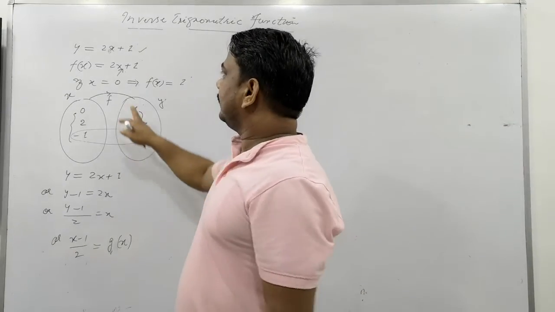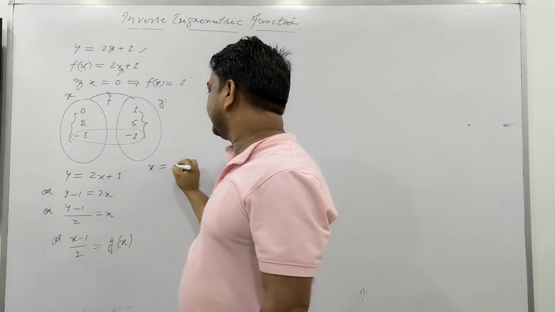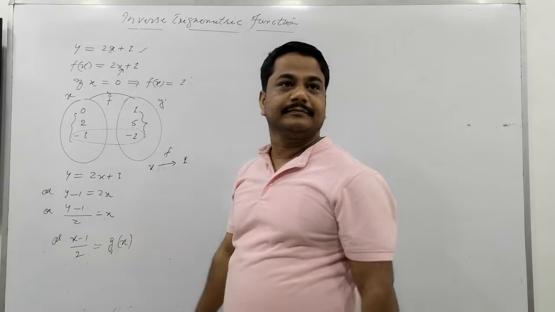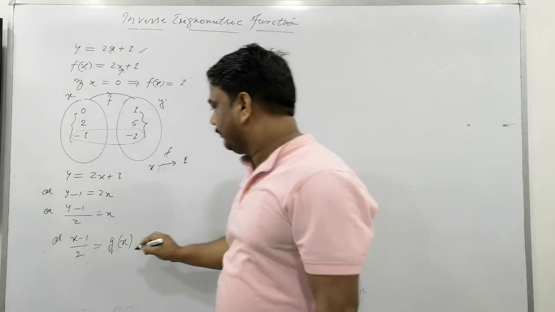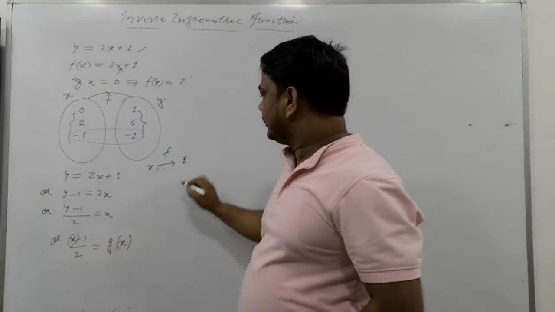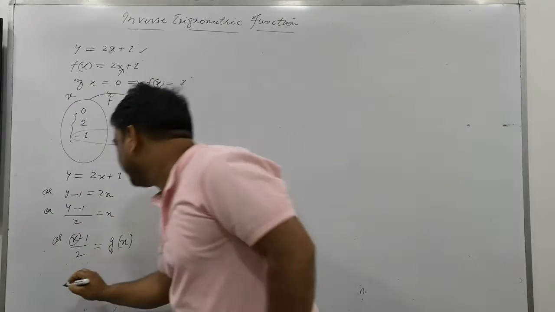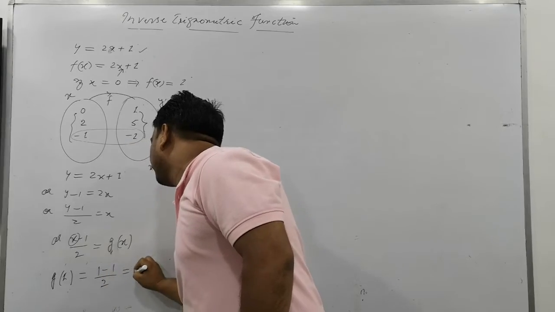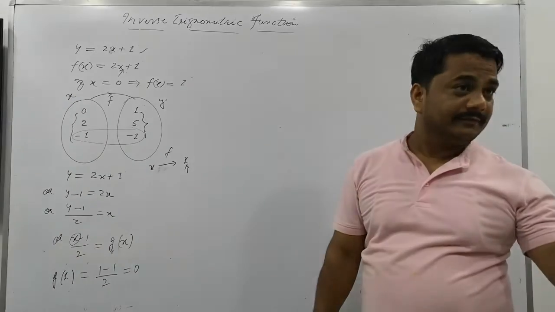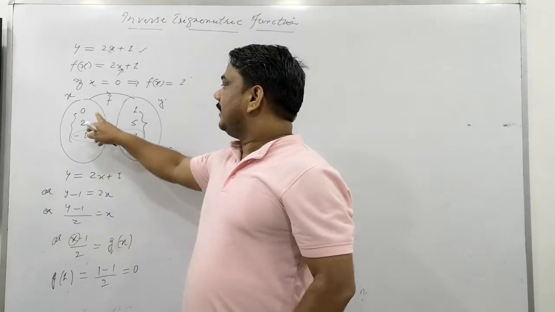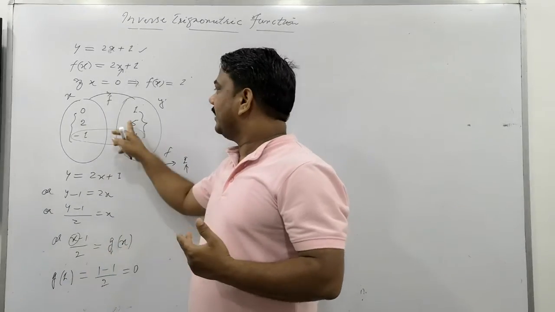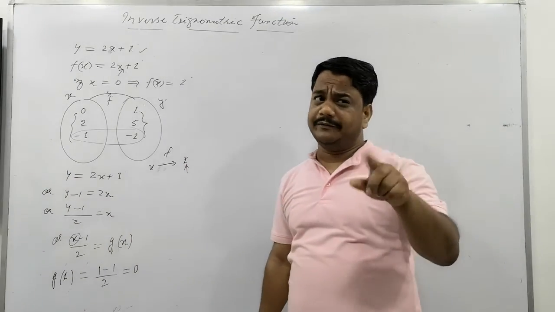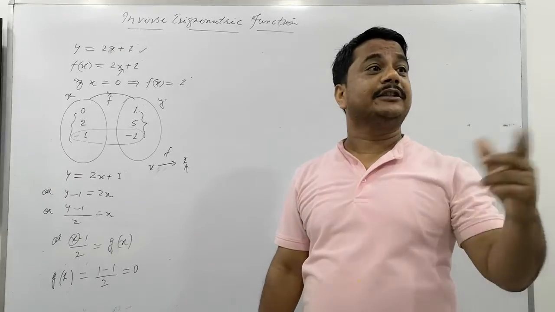Under f, 0 gives you 1. In the place of x, if we put 1, please write it. So g of 1, what is g of 1? It's 1 minus 1 divided by 2. What will you obtain here? 0 is coming. Imagine the situation, what is happening here, right? Under the g function, 1 gives back 0. It means under function f, 0 gives you 1, and the g function gives you 0 for 1.